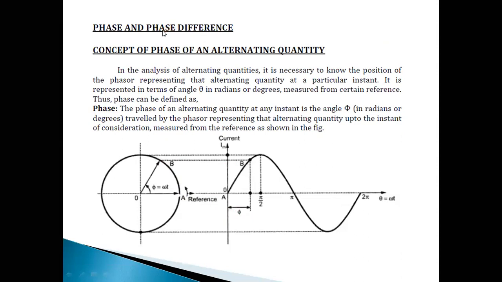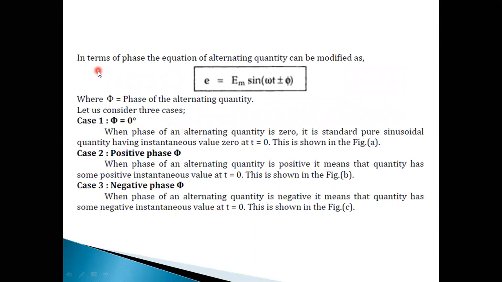Try to consider two waveforms. There we can understand easily. This is a representation. Let this EMF equation be E equal to Em sine omega t. Till now we learned this. But the phase becomes zero means that's the equation. If you have a positive phase or negative phase, there are other names: leading and lagging. That you have to learn further. This is the equation format for an alternating quantity having some phase. Phi stands for phase. Omega t plus or minus phi is the sinusoidal equation format.